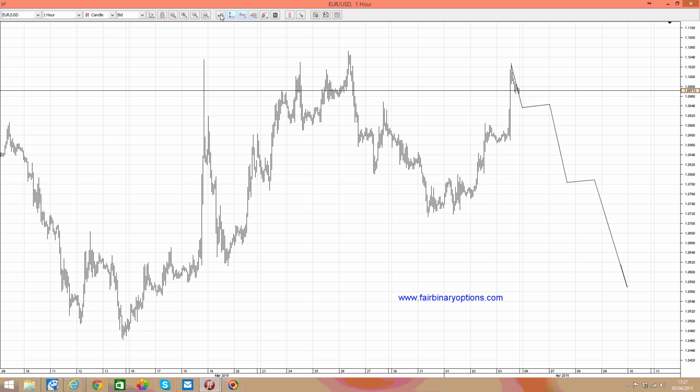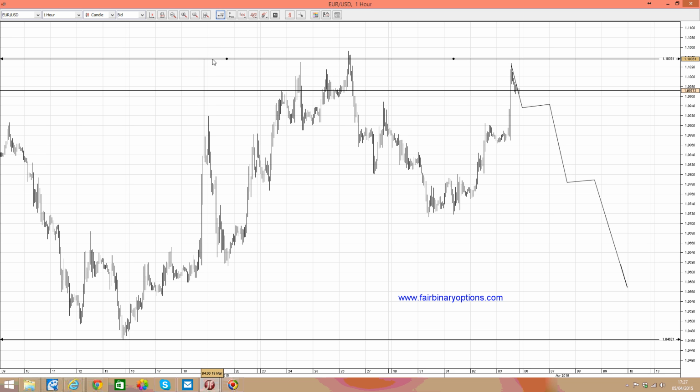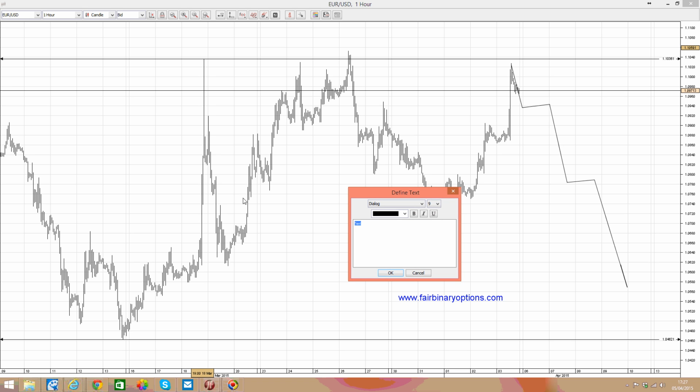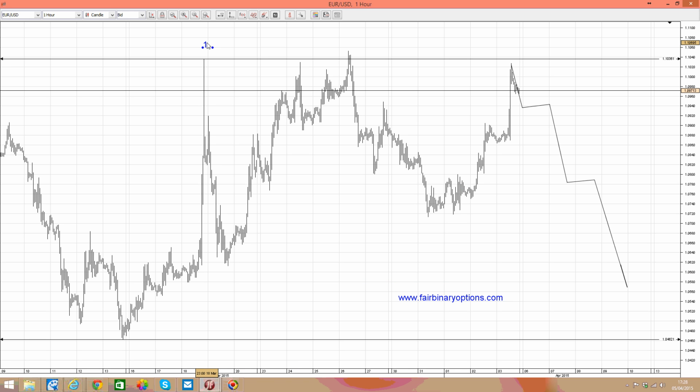From my point of view, everything that started from this low in here to this high in here is nothing but an impulsive move, and I would label this as the first wave of this impulsive move. And definitely, according to Elliott wave theory, we should look for a second wave, but because the retracement in here is more than 61.8 when compared with the previous first wave, then I would say that this